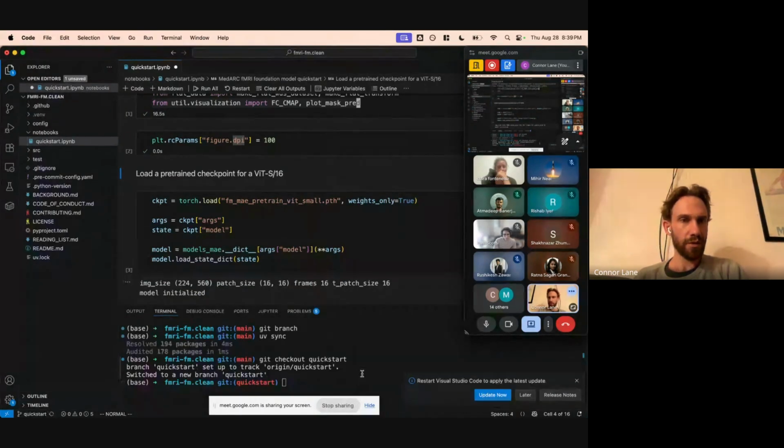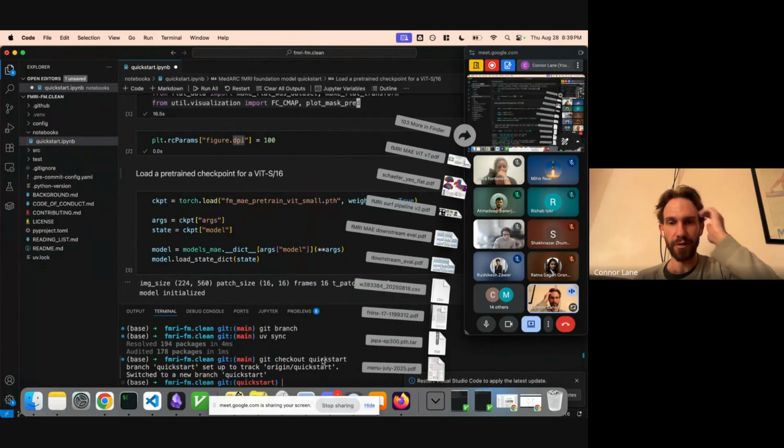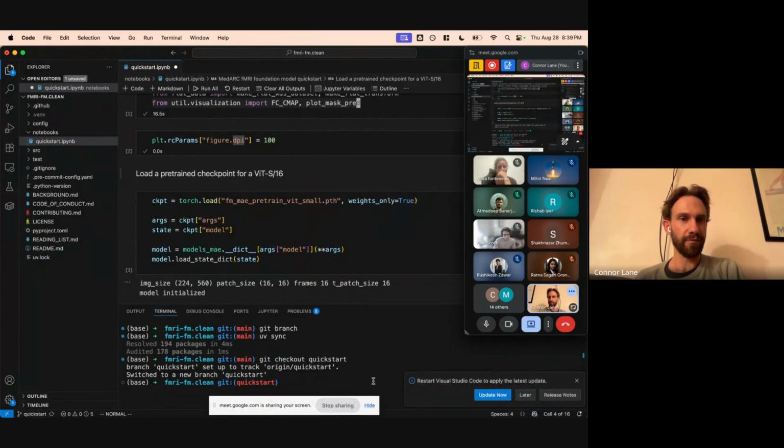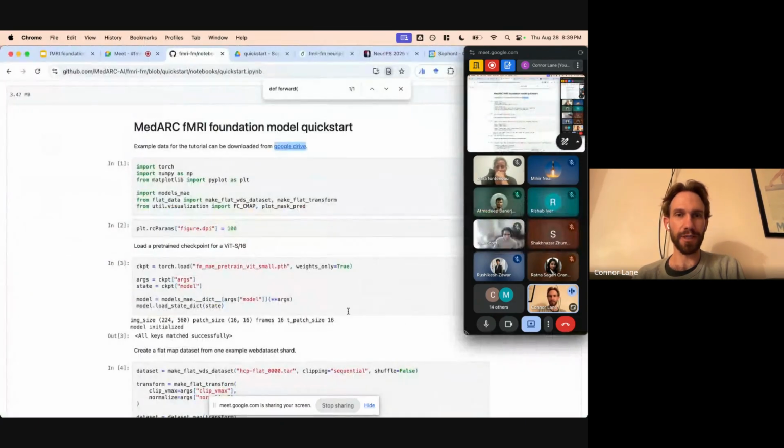Okay. I think I have to, oh no. I think I will actually have to download the stuff. That's not good. I deleted the version before. All right, we can see how long the download takes.